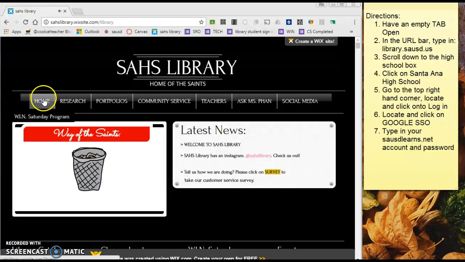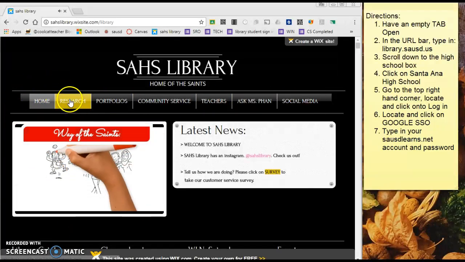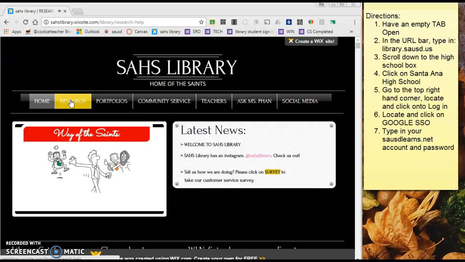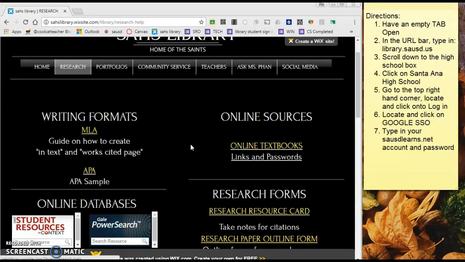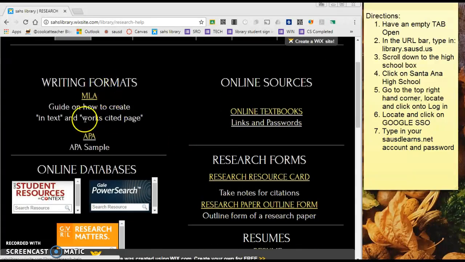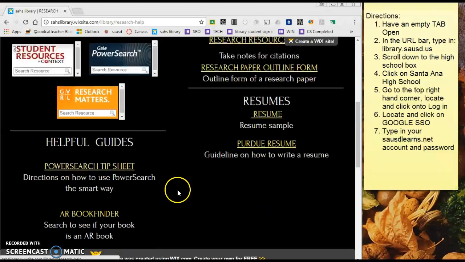Now, if you're looking at the screen, it says SAHS Library, Home of the Saints, so you know that you're in the right spot. This is your navigation toolbar right here. Here's our home screen, which is right here. Research, I'm going to click on research really quick. Here is all the information that you need: how to do a research paper, formatting, our Google Gale database, helpful guides,